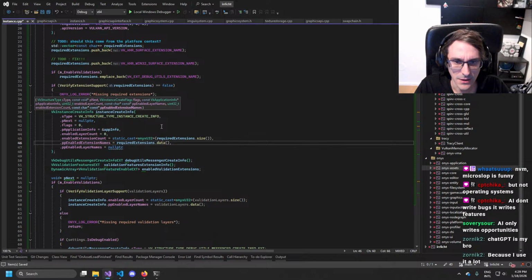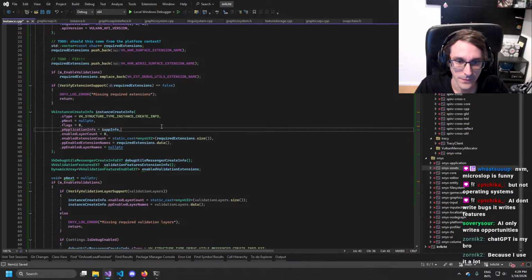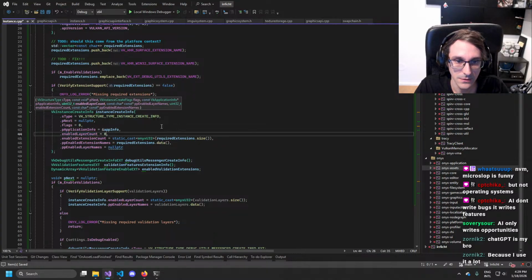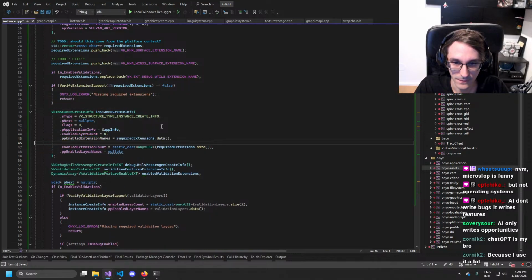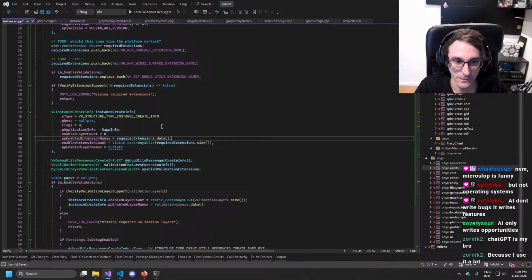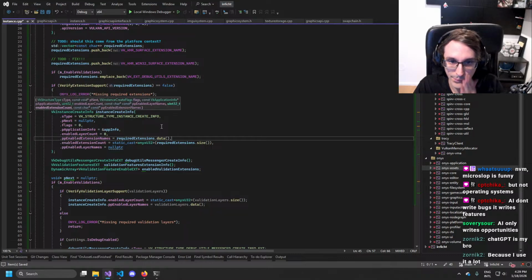So it's layer count. Okay, let's see. Flags, app info, enable layer count, enable layer names. Oh wait, enable layer names is that one.